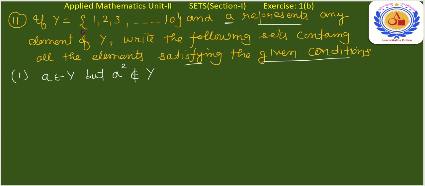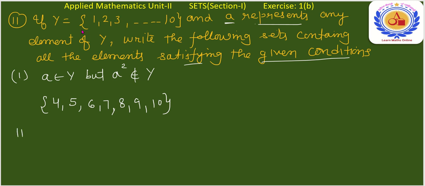A की वैल्यू अगर y से 1 लेते हैं तो 1 का स्क्वायर 1 आएगा, वो भी y में है. इसका मतलब 1 सेटिस्फाई नहीं कर रहा, 3 तक सेटिस्फाई नहीं करेंगे. अगर 4 लेते हैं तो 4 y में आ रहा है, 4 का स्क्वायर नहीं आ रहा है. 3 का स्क्वायर तो आ रहा है, 4 का स्क्वायर नहीं आ रहा है. इट मीन्स फर्स्ट एलिमेंट विल बी 4, 5, 6, 7, 8, 9, 10. All these elements are of y, but the squares of these elements are not in y.